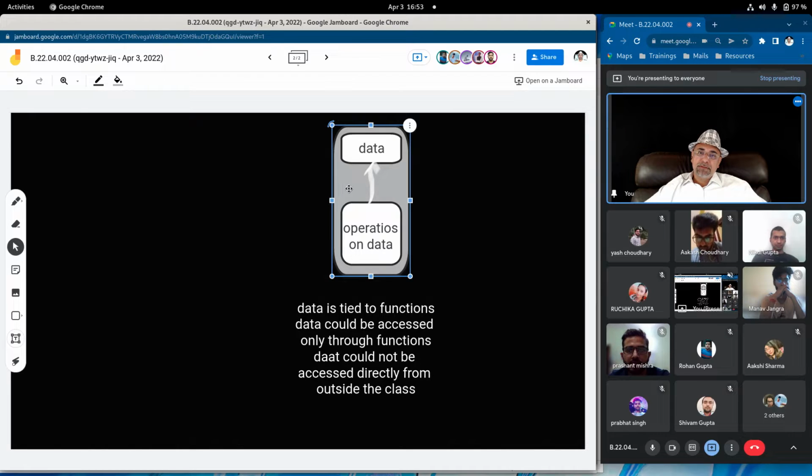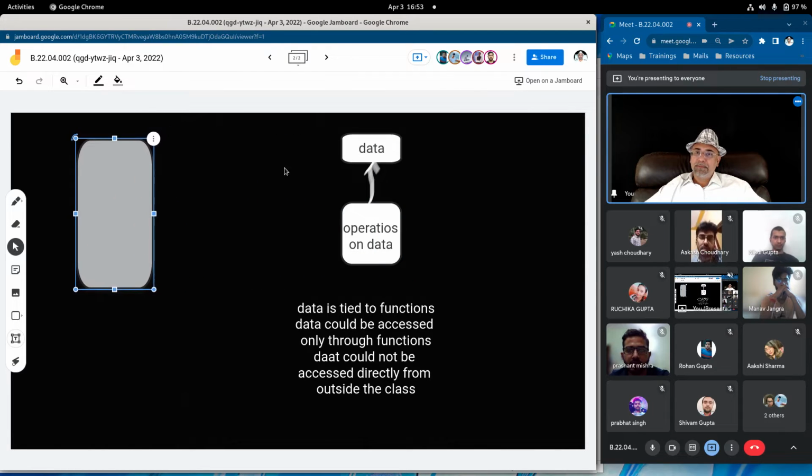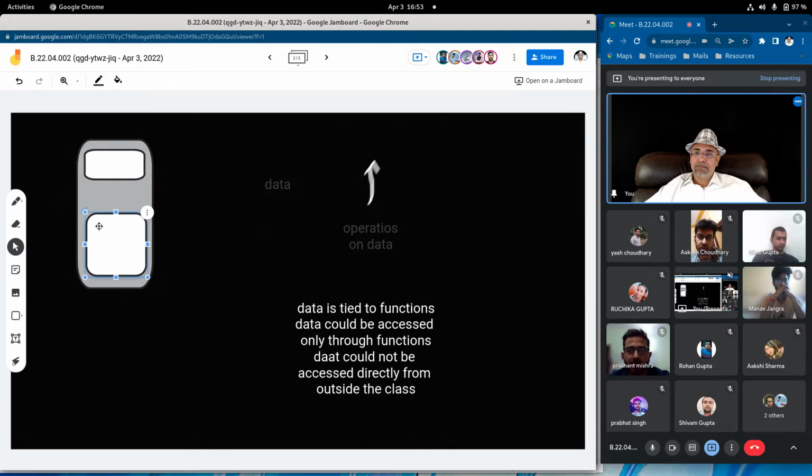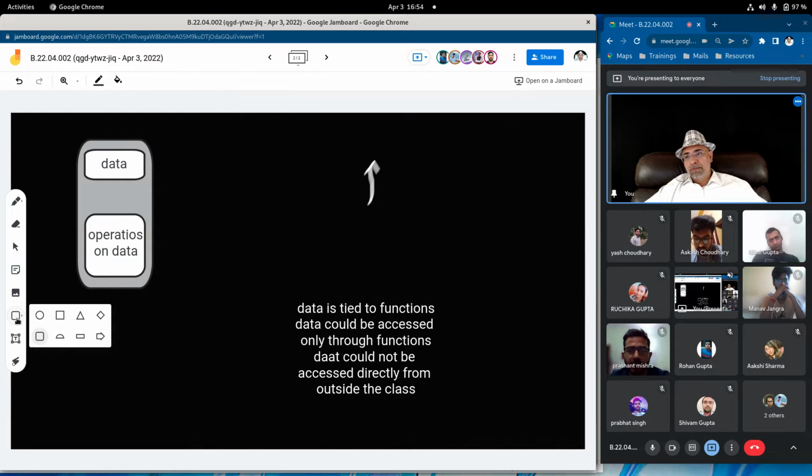So you'll have this, like this. This is one such design, you can say.